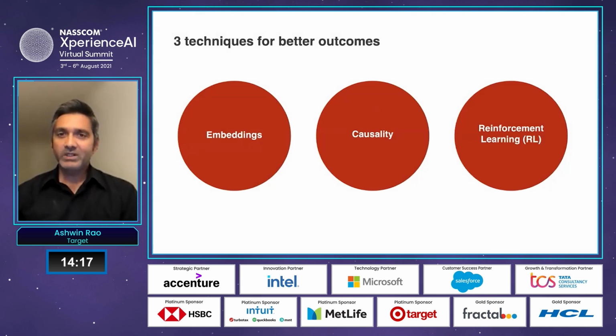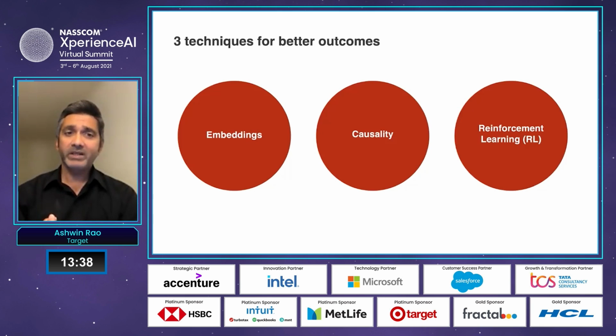But apart from the immediate concrete benefits of these 3 techniques, I find them exciting for the long-term prospects for AI. This is because these 3 techniques are significant steps towards developing human-like intelligence, which is really the original goal of AI. Let me list the 3 techniques first, and then I will spend about 5 minutes each explaining in simple and intuitive terms what these techniques are and why they're significant. So here are the 3 techniques: embeddings, causality, and reinforcement learning.